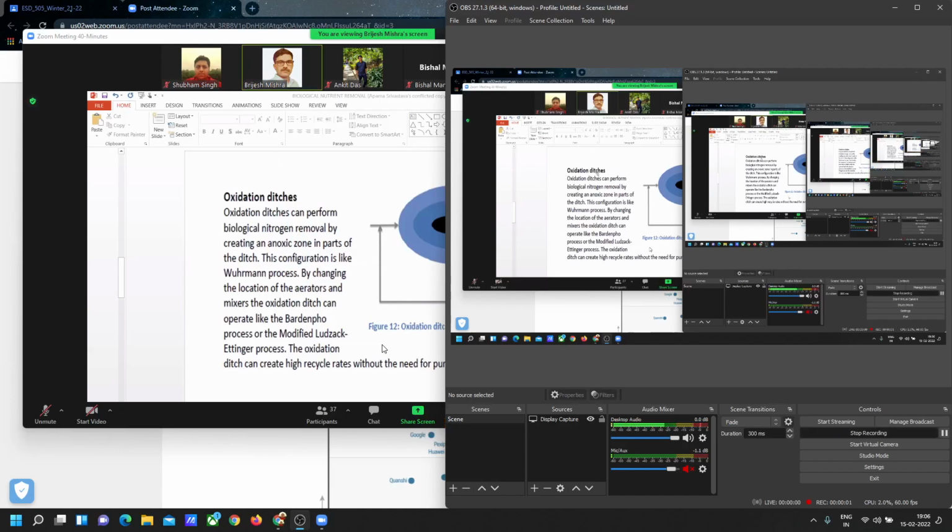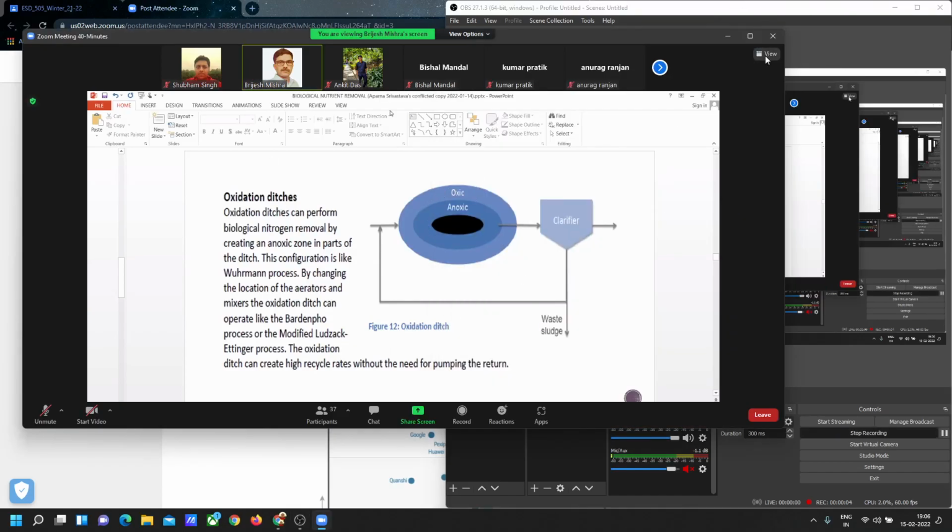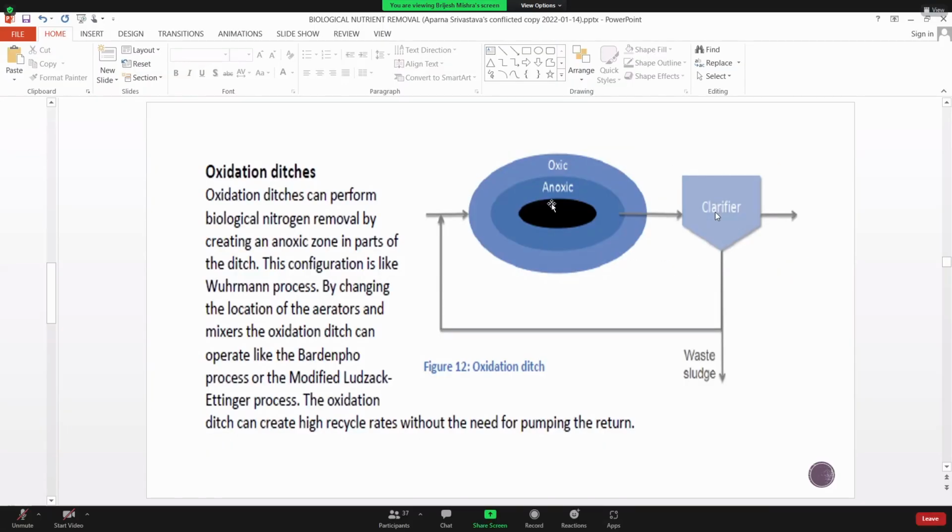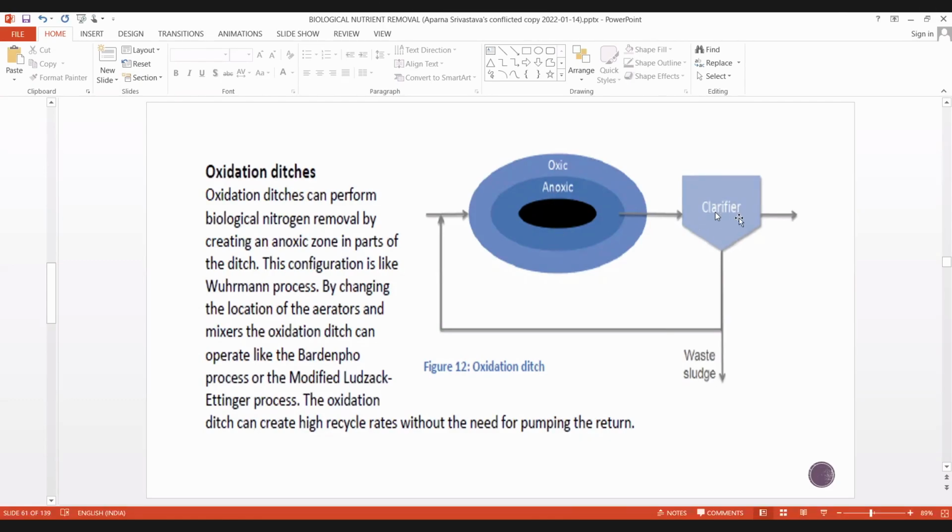What is this? From the figure you can understand there are two zones, oxic and anoxic. Oxic means aerobic and anoxic means anaerobic. It is clarified, and again it is written. So it is somewhat a combination of the modified Ludzack process and